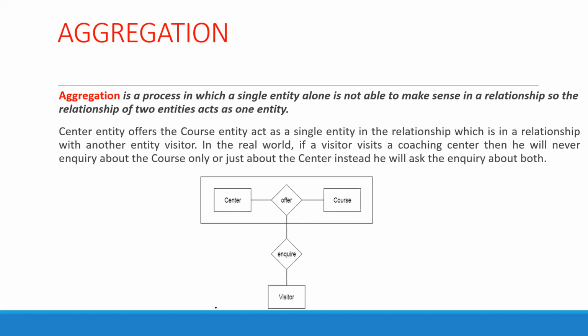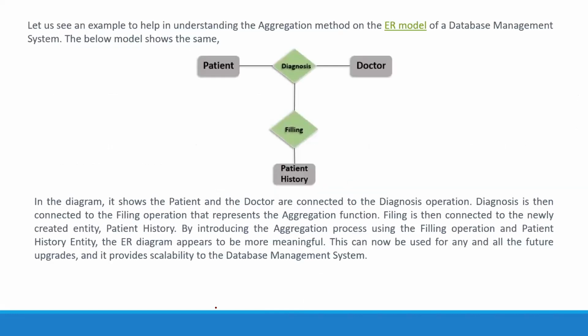So this process I can call as aggregation. Okay, so try to understand. You can see an example from this picture. It may feel a little bit difficult, so see here from this picture. I went to a hospital to meet a doctor. I have some problem, so the doctor wants to diagnose. So here, the doctor wants to diagnose the patient.